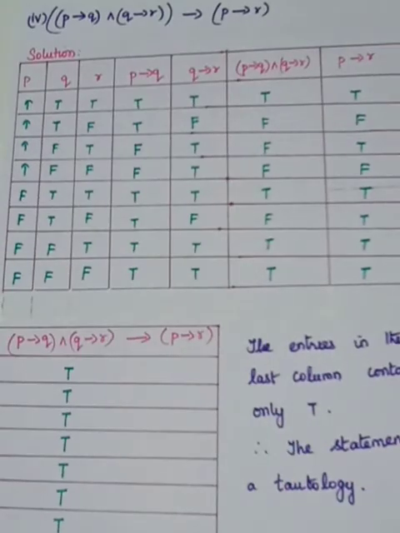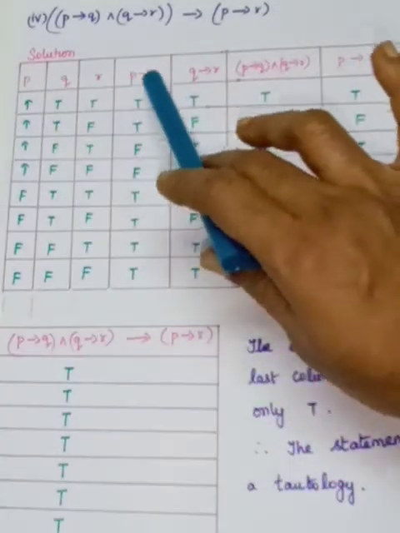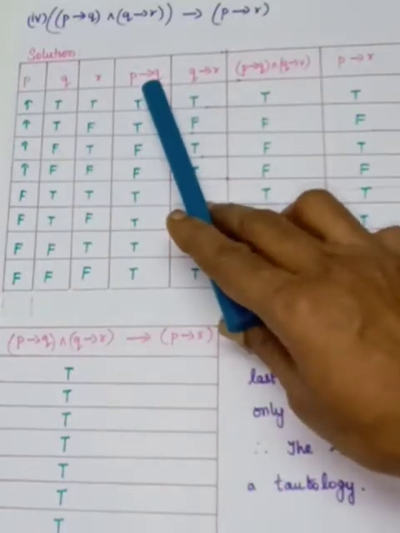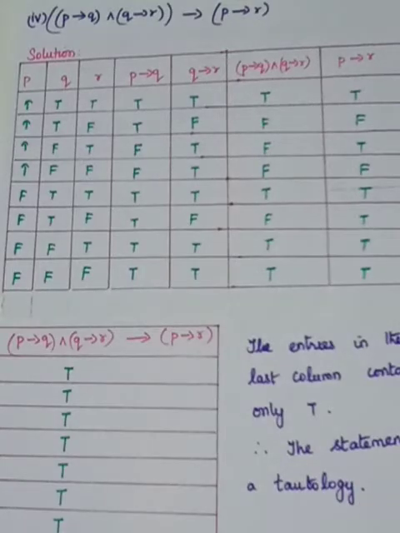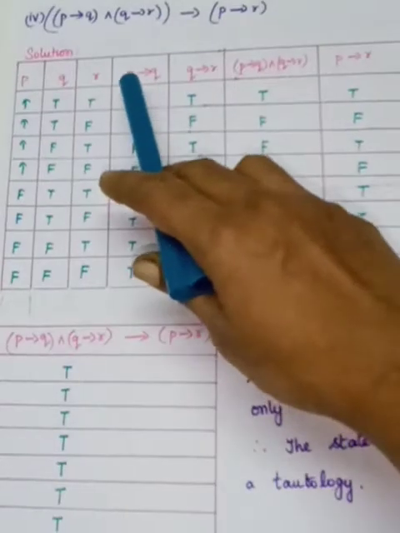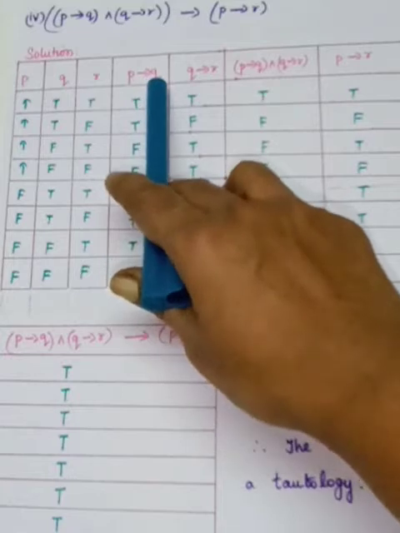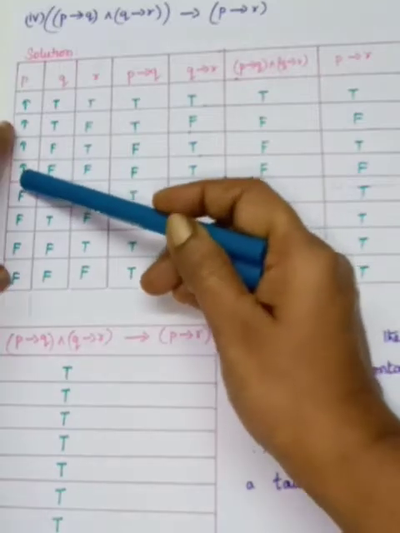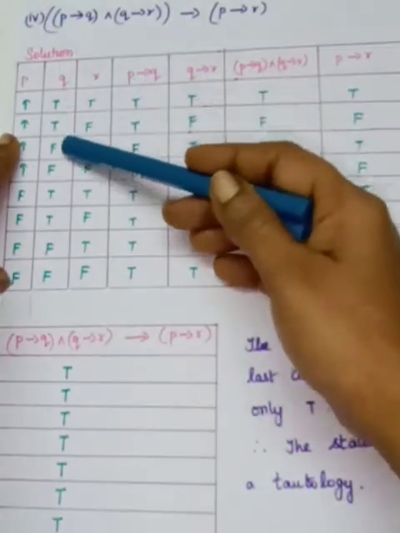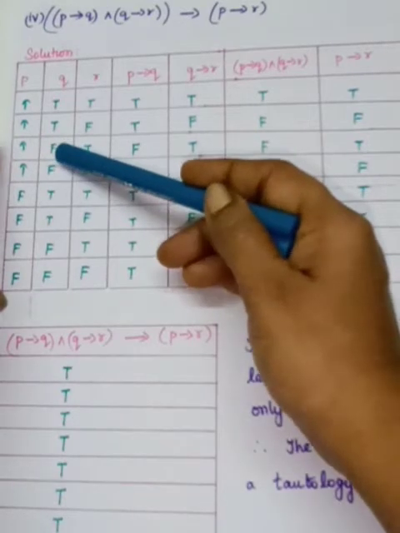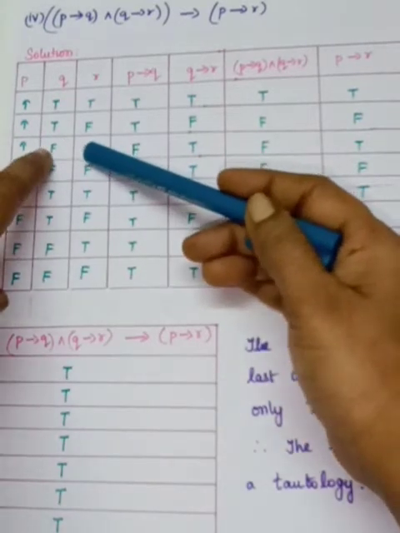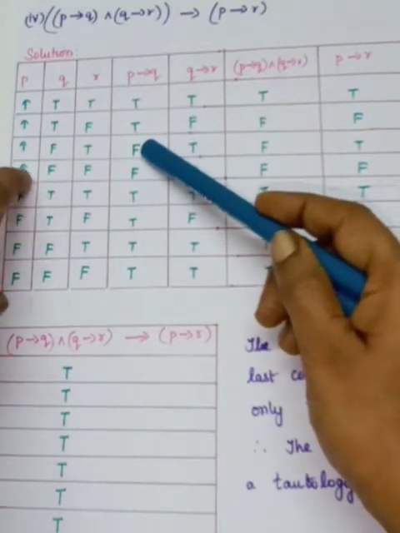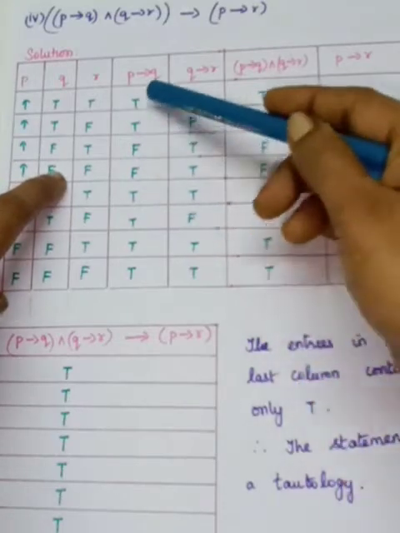Okay, so see now. First one, PQR we have written. So P implies Q. So what are the columns you have to consider? First and the second. Here what you are having? Implies. Implies is a conditional statement. You have to see one condition, that is, the first statement true and the second statement false. So see that here in 4 rows P is true. So you have to see the second, that is Q. So Q, what you should have? If you have F, so see that T and F here you are having. Then your P implies Q is false. And in the 4th row also you are having TF. So therefore it is false. The other results are true.